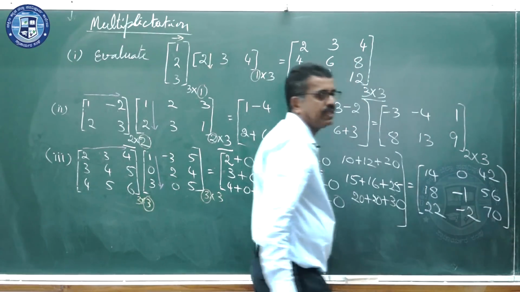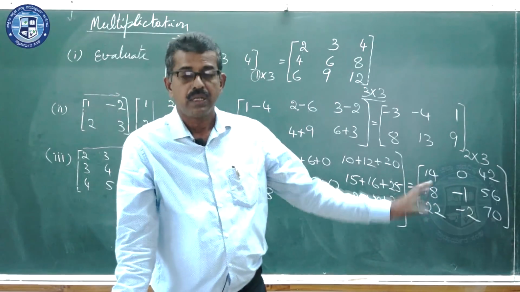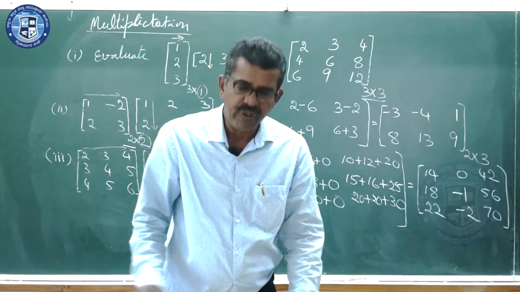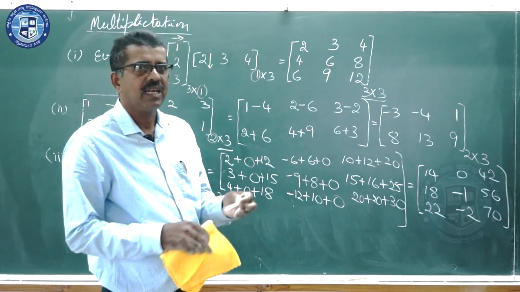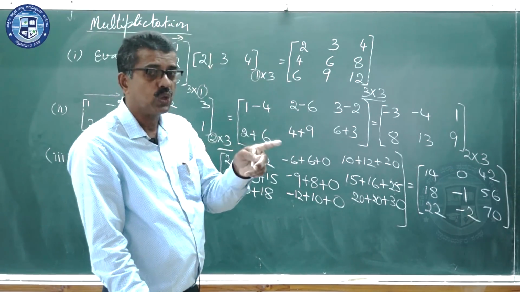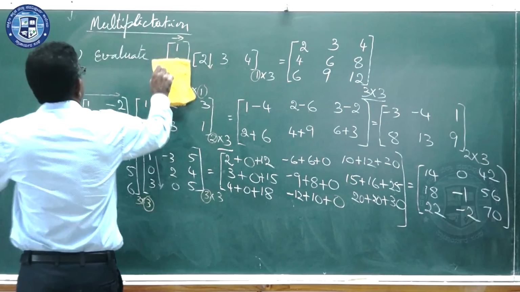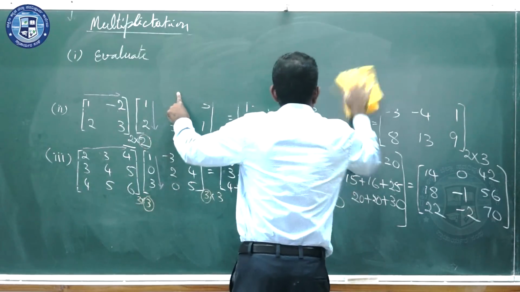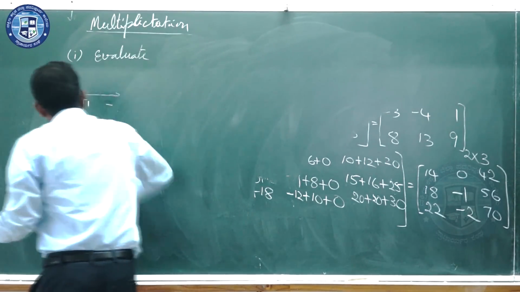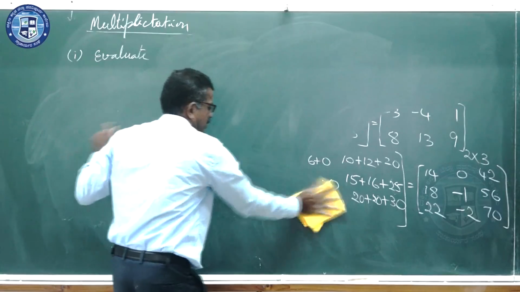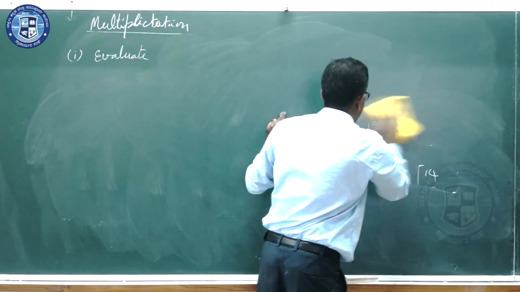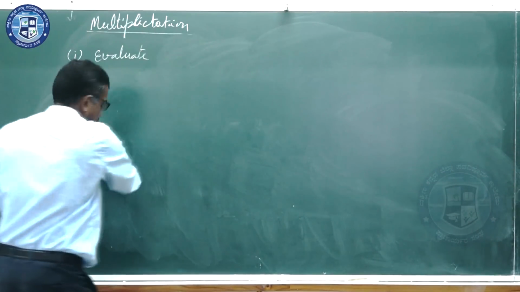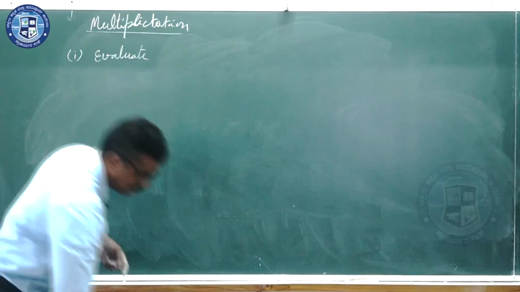So this is the product of 3 matrices. Means 3 cross 3 matrices. I hope all of you got the clear idea about it. Even still, if you have some doubts, I'll take another case with the 3 cross 2 and 2 cross 3. Let me take 2 matrices, 3 cross 2 and 2 cross 3. So total number of elements in each matrix must be 6. So let me take the matrix as follows.